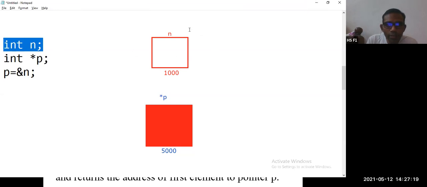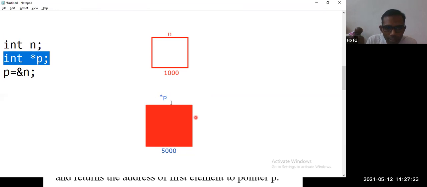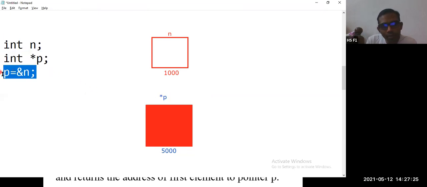Now, these are the two memory locations created: using integer n, this memory location is created, and using integer star p, this memory location is created. If you write p is equal to ampersand n, we said in the first class that a pointer is something like a devil. It can possess someone. It is going to possess a memory location. This particular line is used for possession.